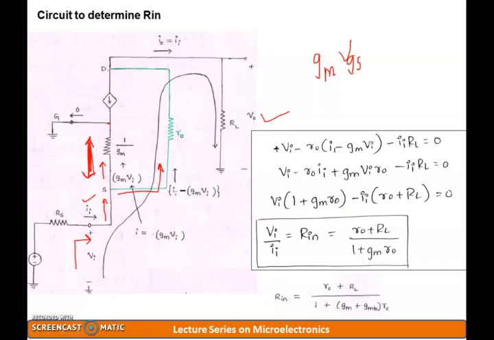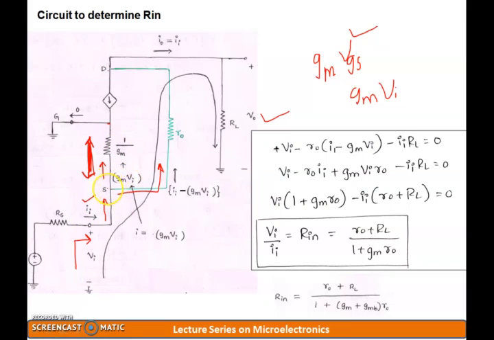Now since Vi happens to be VGS, I repeatedly use the term VGS, specifically in terms of common source amplifier. Now this is no more a common source amplifier and I cannot use the term VGS. I should use the term Gm into Vi. So the current which is entering this particular path of 1 by Gm has a value of Gm into Vi. So II is the current over here, coming to the source terminal, and it is entering the 1 over Gm terminal with a value Gm into Vi.